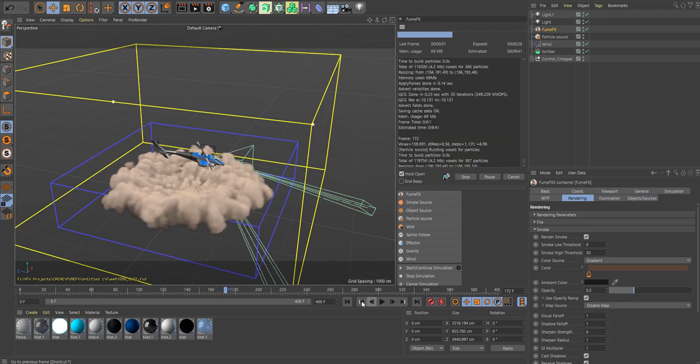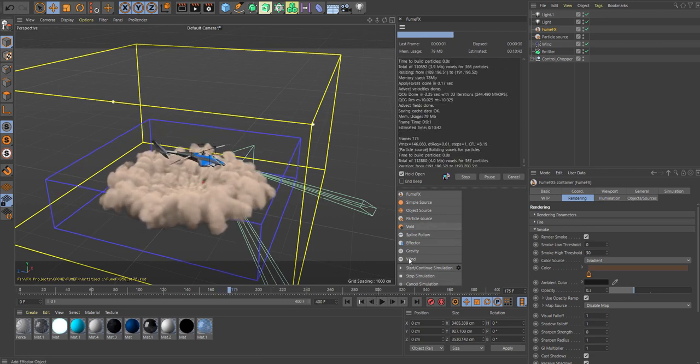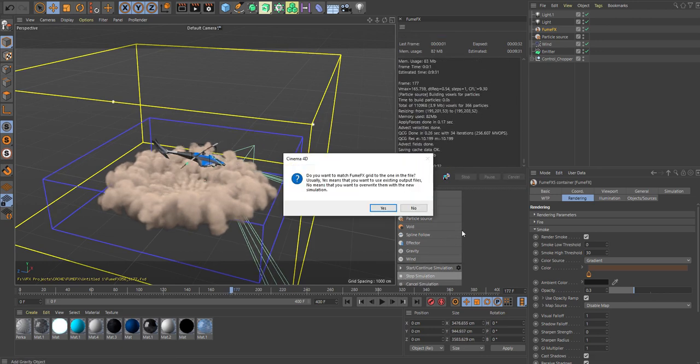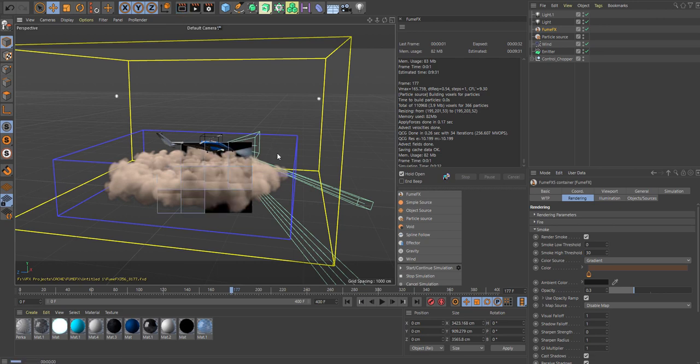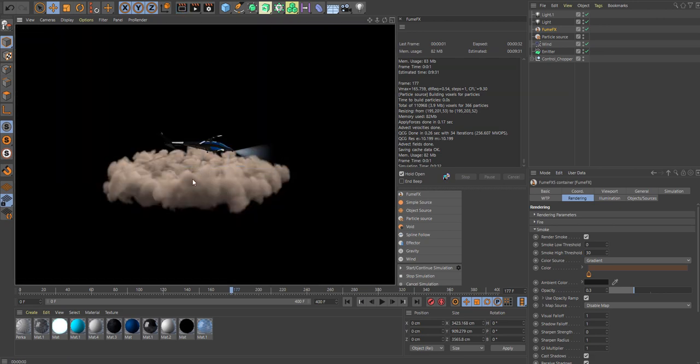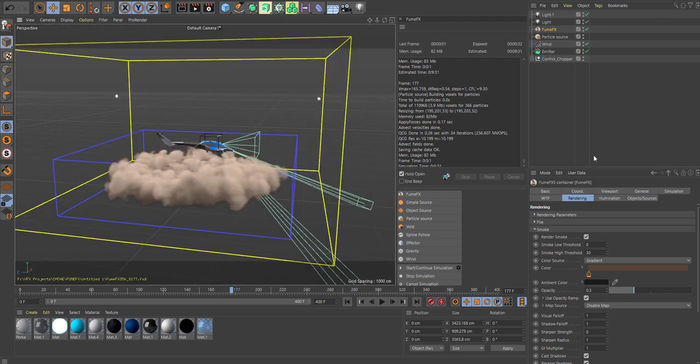Yeah. And then here we'll pause it, and you can do a quick render here. And if you want to lower that even further down, 0.1 maybe,